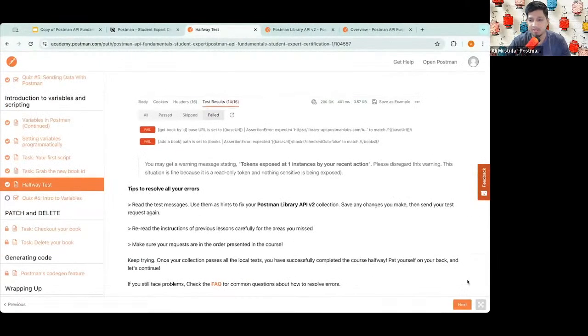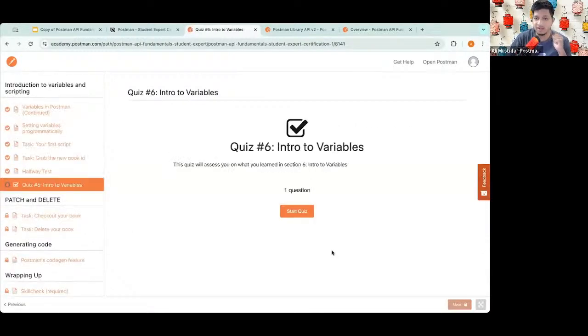Perfect. Let me zoom out and let's go to the quiz. Oh yes, don't worry, folks. If you're getting stuck here, please try to rectify your errors and then move further. You can still follow along with me, no problem at all. But remember, without clearing the errors, you will not get the certificate. So, you can help yourselves in the chat or come on the Discord server and get help from your fellow students who are already participating. But yeah, it's a requirement. That's why quizzes are not mostly graded, but the whole practical experience is.